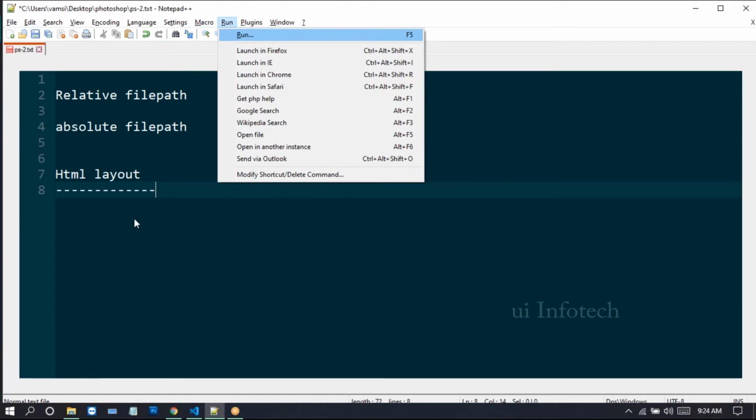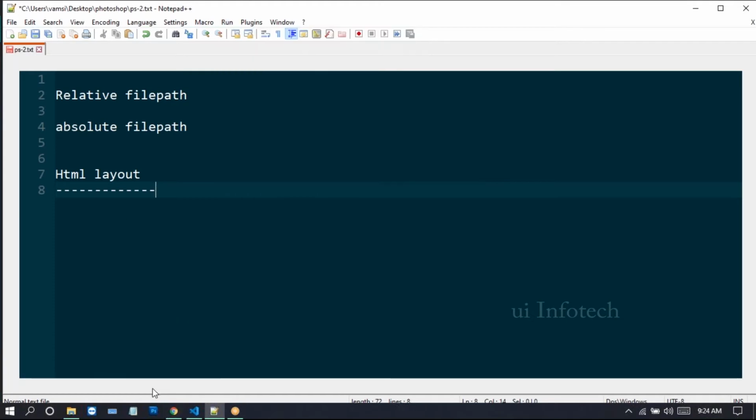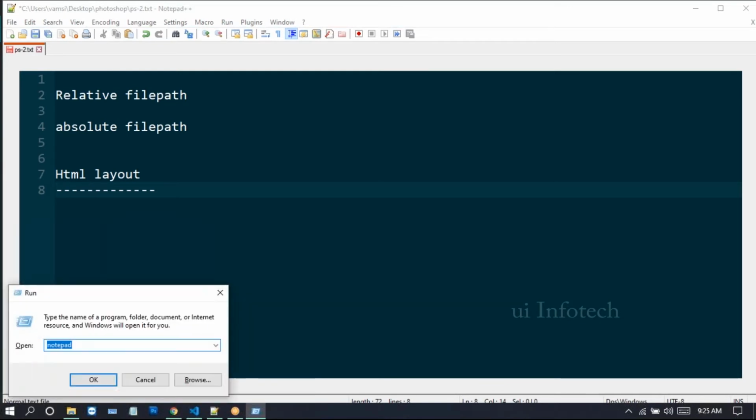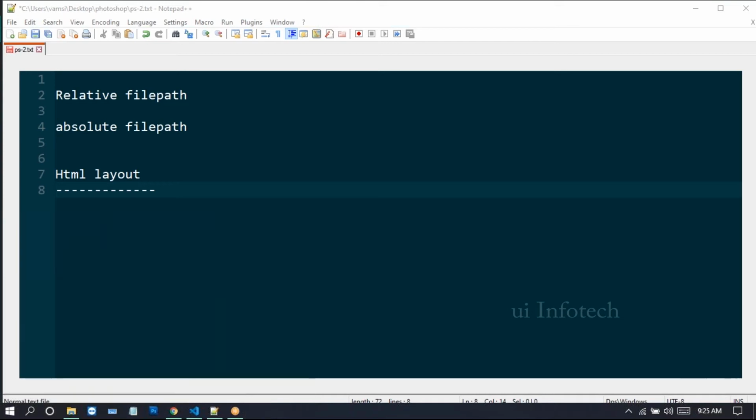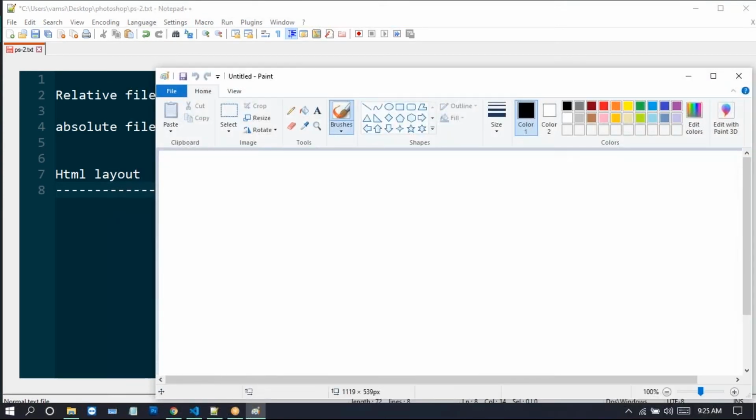So I just open MS Paint here, and I just draw the structure of the layout.